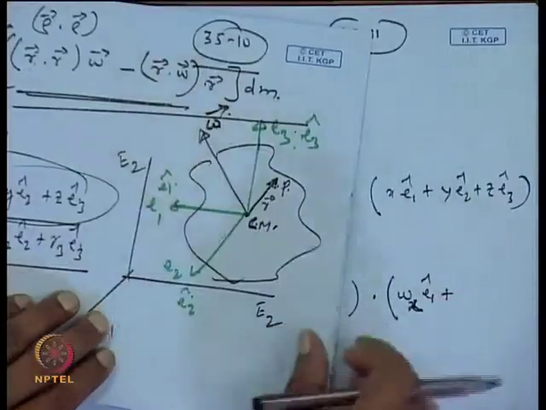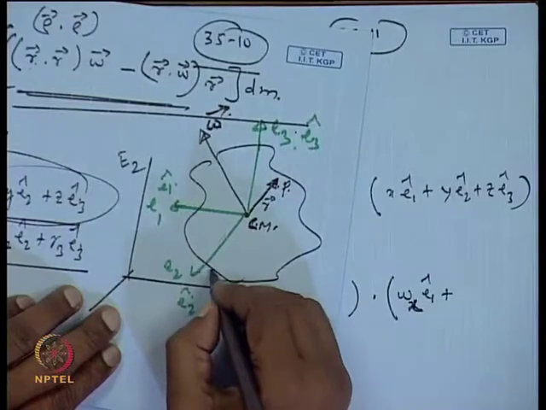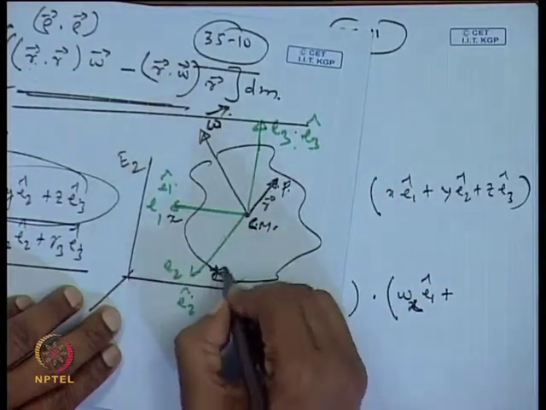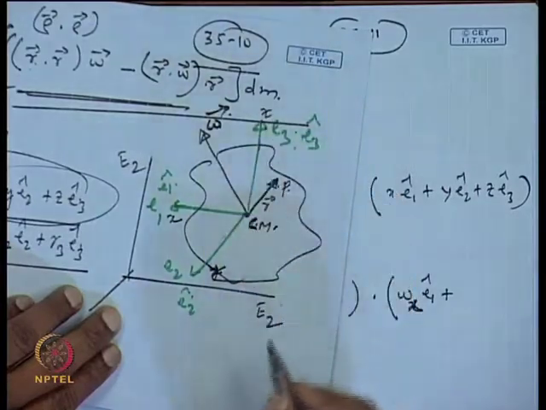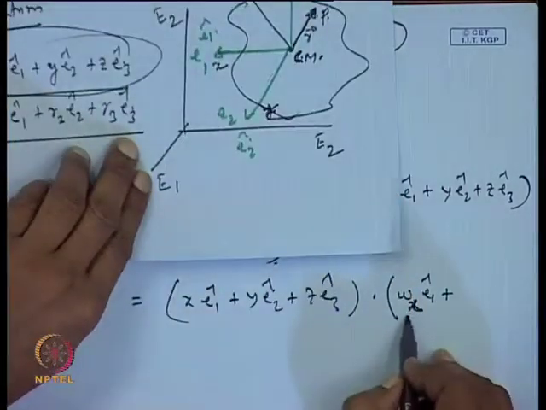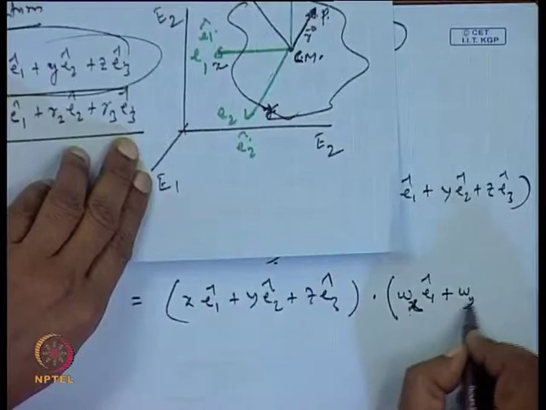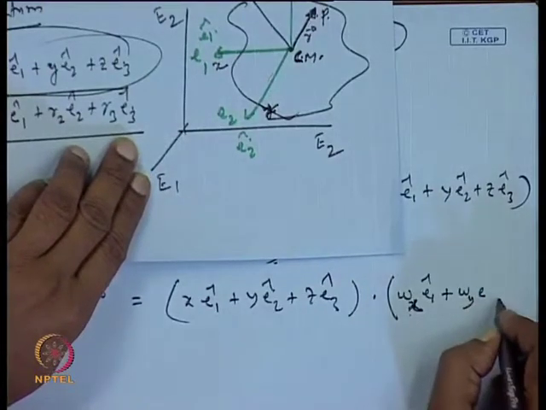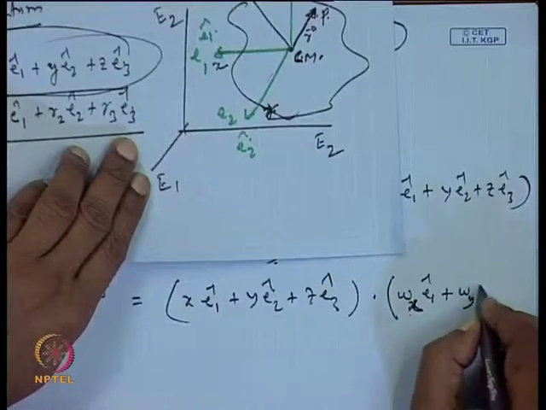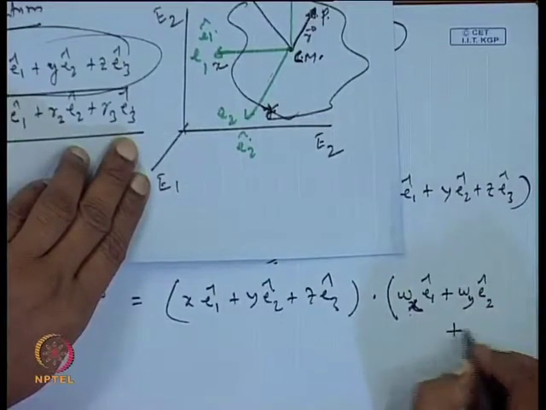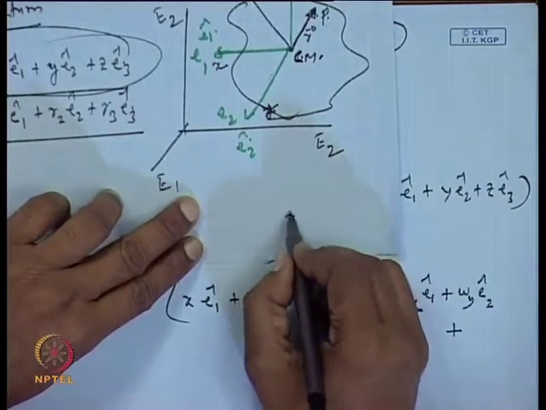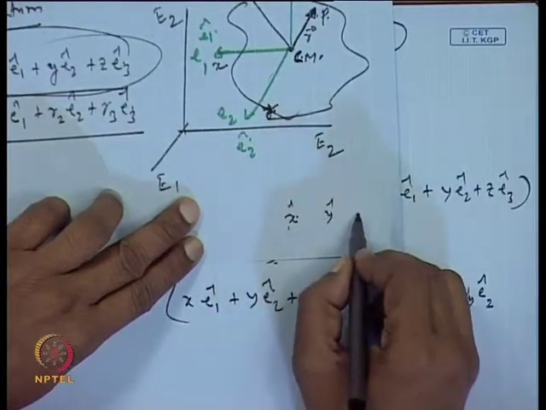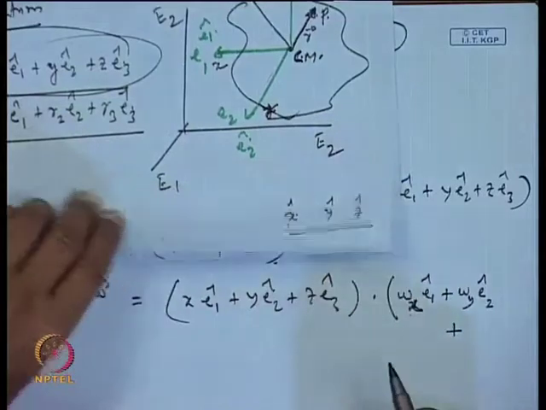So, basically if you use this as a small x, small y, and this as a small z, we can use this notation omega x, omega y, and the unit vectors we can keep the same notation. Quite often the unit vectors in the x direction are indicated as x cap, in the y direction as y cap, in the z direction as z cap.